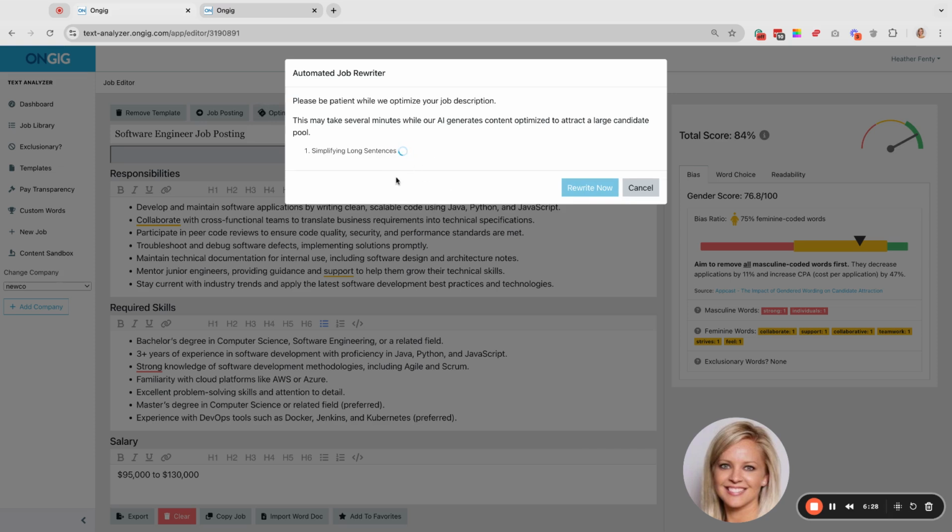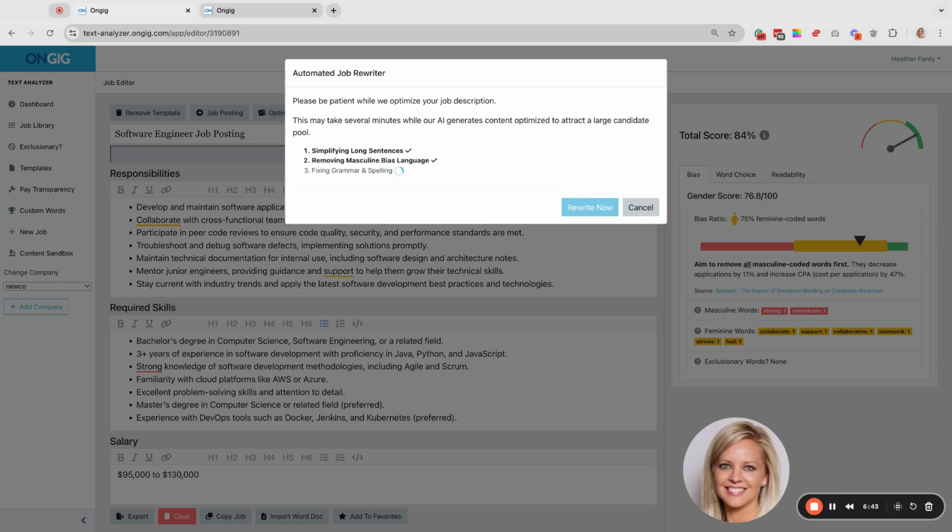So it will just show you what it's doing. And again, this is all AI generated, but we do recommend that someone on your team reviews any of the outputs that you see to make sure that it is in line with what you want to put out there. It's an assistant to help you create content, edit content, and improve it, but we always say you want to have that human touch at the end of that. So once this finishes here,